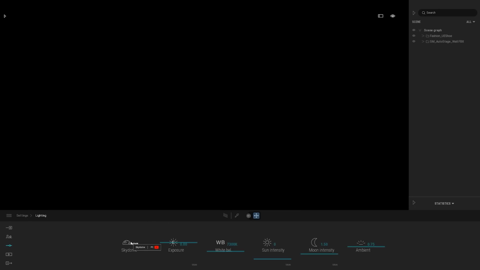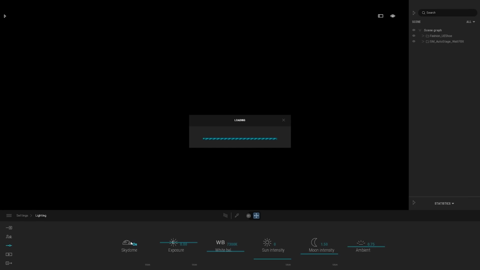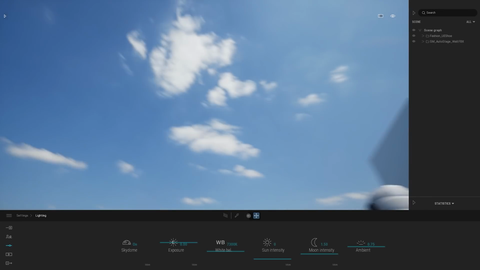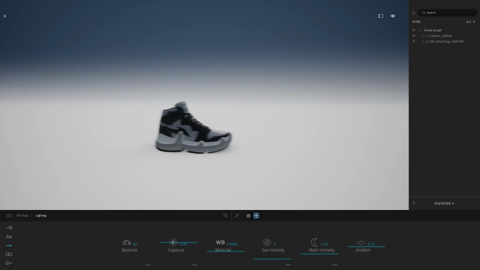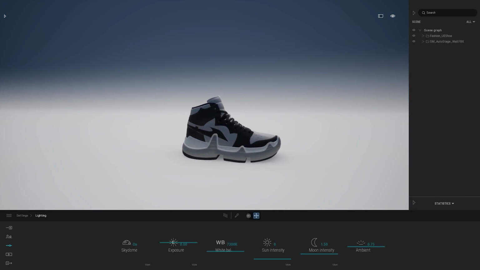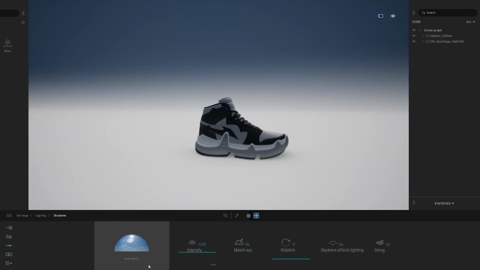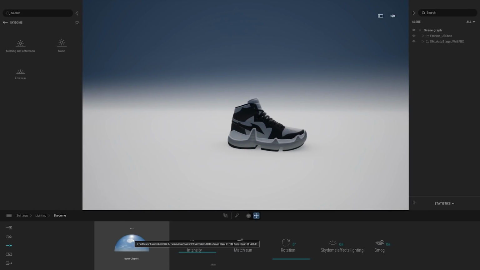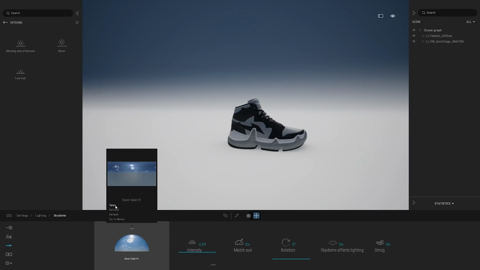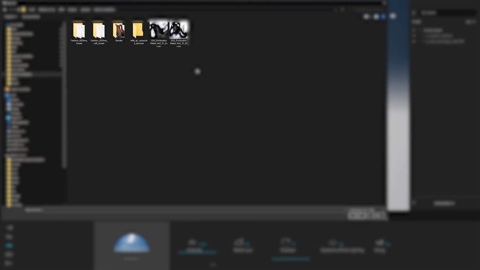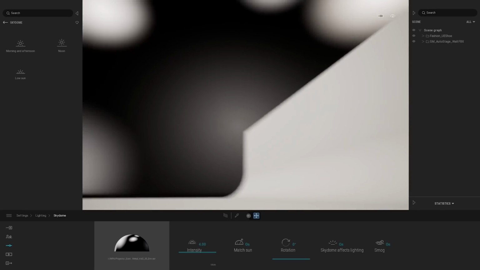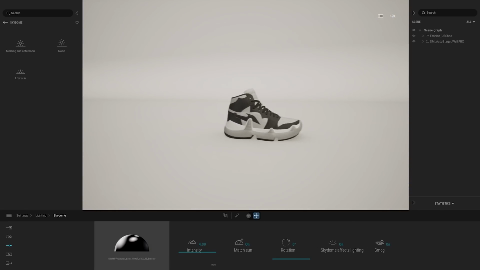So I'm going to click on HDRI on the Sky Dome option that will load the basic native HDRI that comes with Twinmotion. So that HDRI, if I'm looking up in the air, it's a sky, but it's not what I want. In that use case, I want a studio type of HDRI. So I'm going to the more, and here I can load my own HDRI. I found one online on the Grayscale Gorilla website, so let's load that one. So that one will indeed be perfect to light my shoe.